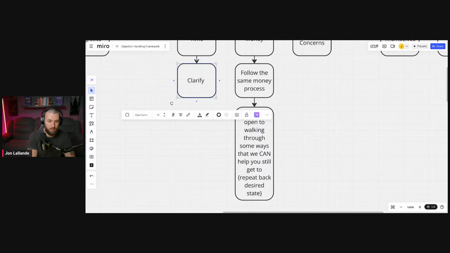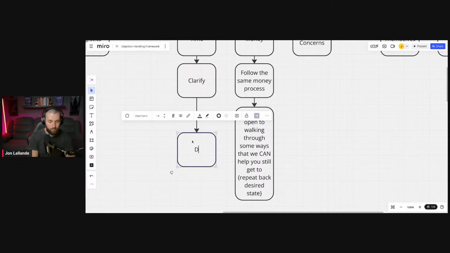When you say the timing's not right, how do you mean exactly? That can mean a million different things. That can mean my dog needs to go to the vet right now, so I need to bring him to the vet and I can't sign this contract. Or that could mean, well, the property's in probate. I need to go consult all the sisters, or I need to wait till X, Y, and Z is done, right? It can mean a variety of different things. So we need to clarify on that first. Once we do that, we need to disarm.